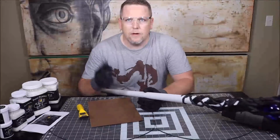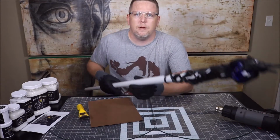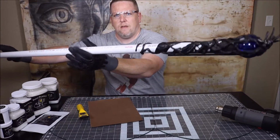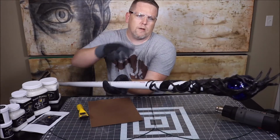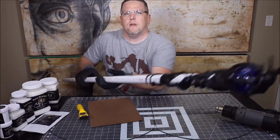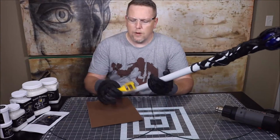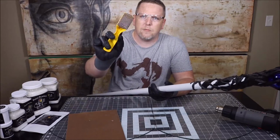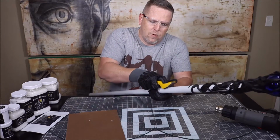So you may notice that I have goggled up and gloved up. I have my staff formed the way I wanted it. All I did was simply string across to make it look like vines, wrapping around the end of it. But what I really want to do now is I'm going to take this rasp and drag it across